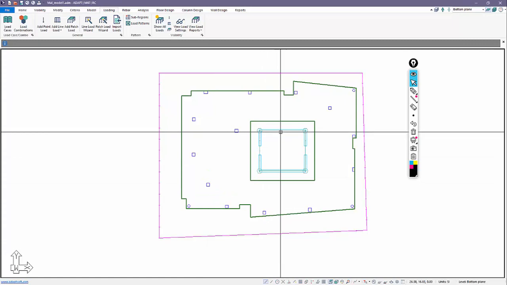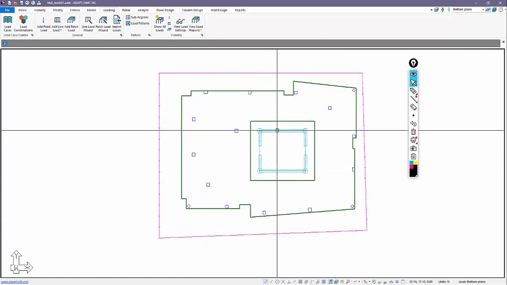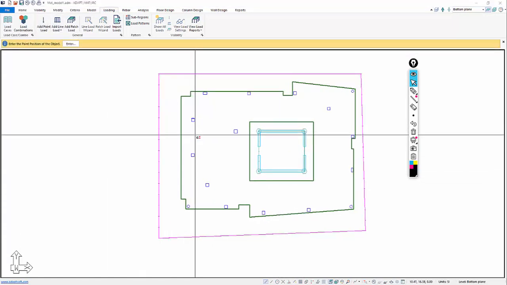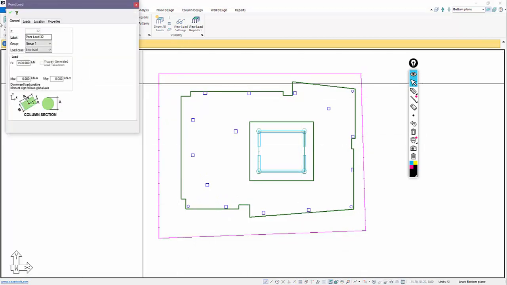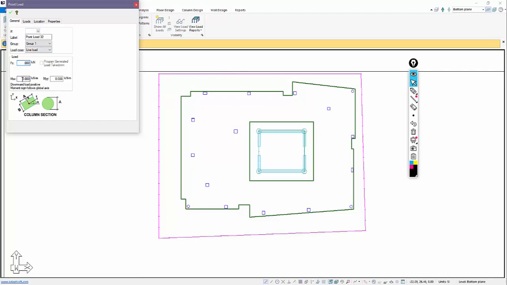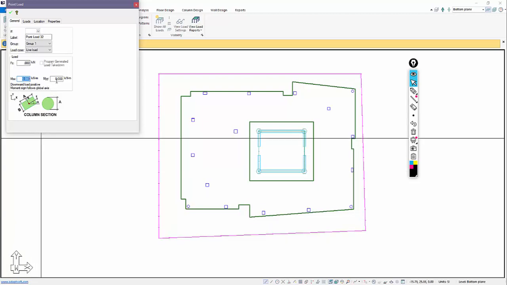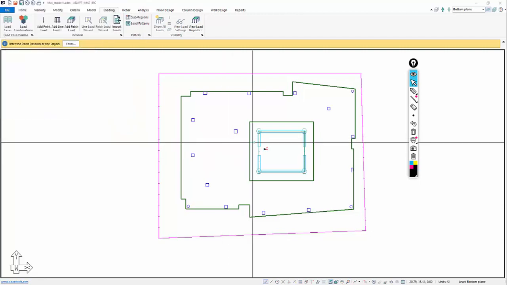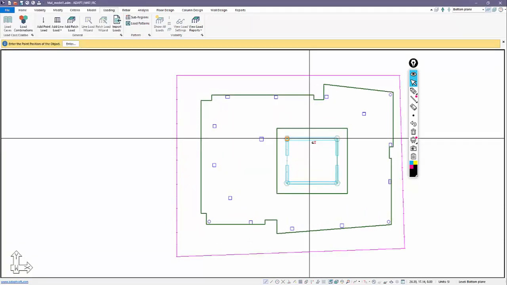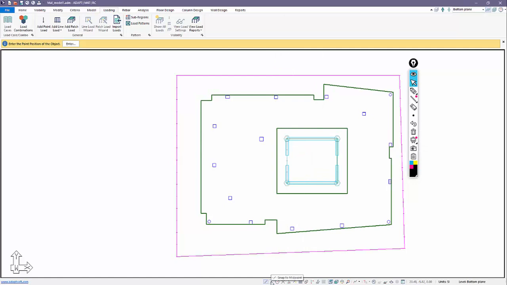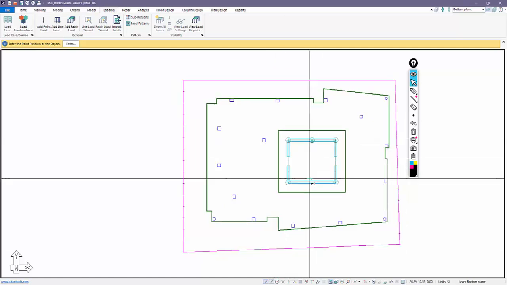Now, if I wanted to place a moment, let's say at the center of this wall, I could add a point load, but rather than adding a gravity load, maybe this is a live load moment, I'm going to add either an MXX. This notation is relative to the global axis set. We have MXX or MYY. In this case, it would be MYY. And you'll notice if we say that the moment is 500 kilonewton meters at the base of the wall, I want to snap on the center of the wall.